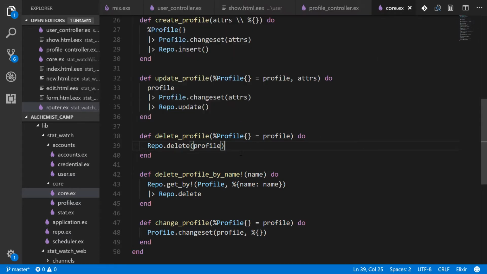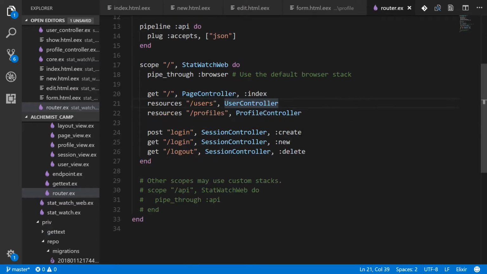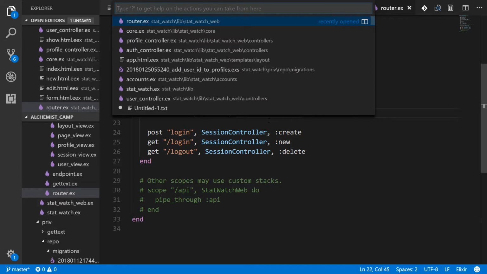I'm going to show that quickly though. We have a resources line for profiles here, and that's what's setting the ID parameter and doing everything else. We're going to leave that here for convenience, but basically any ID that comes in on these paths is going to be treated like a name. So we'll go to the profile controller,